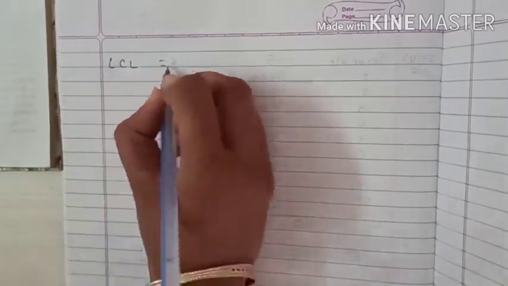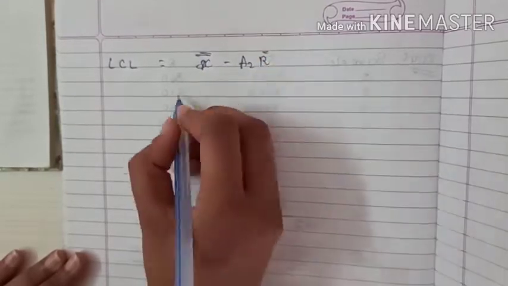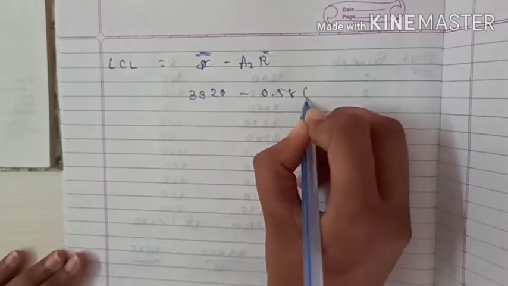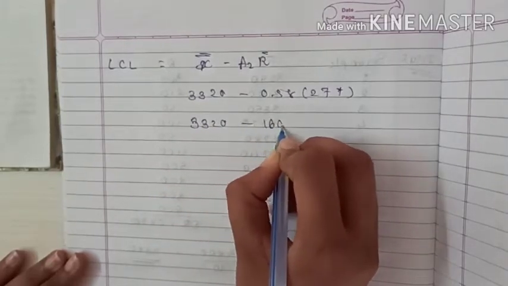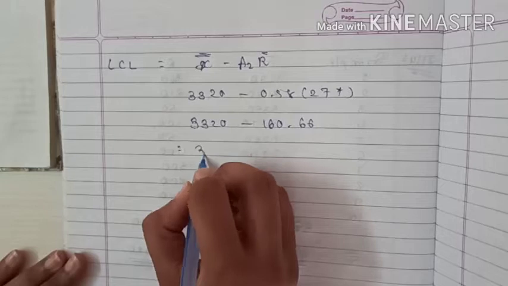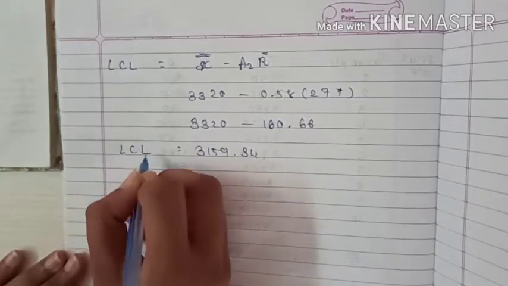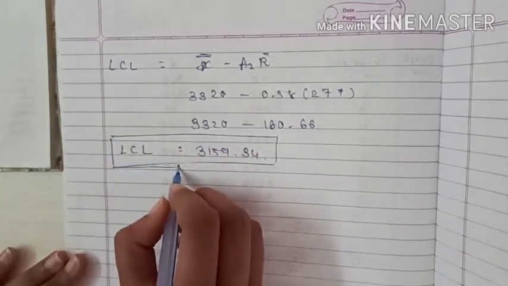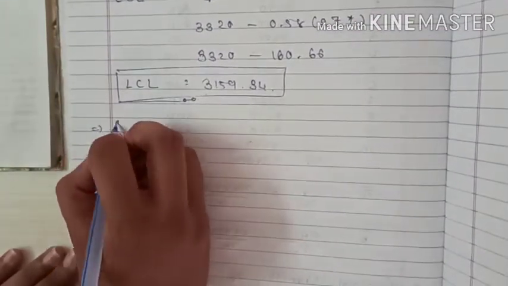Now, lower control limit: X double bar minus A2 R bar. X double bar is 3320 minus 0.58 into 277. So 3320 minus 160.66 will come 3159.34. So the lower control limit is 3159.34. Simple. Now we have to find out the control limits